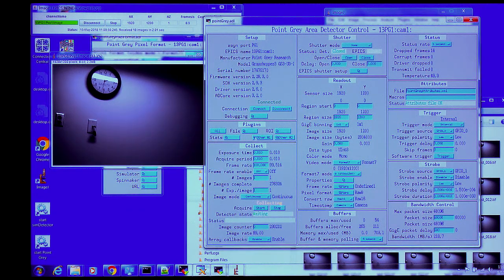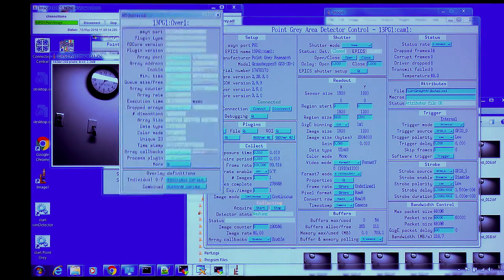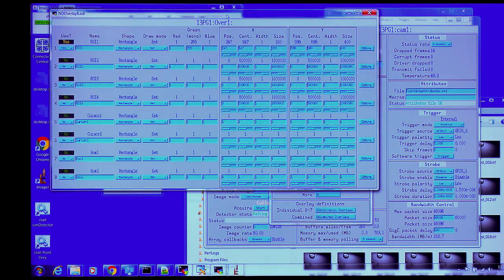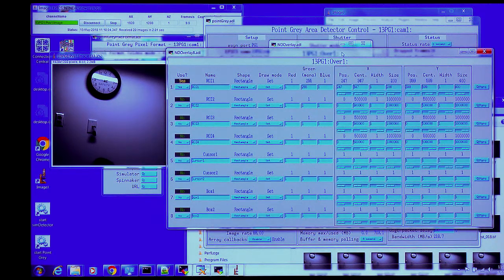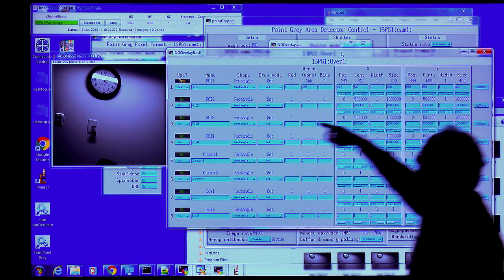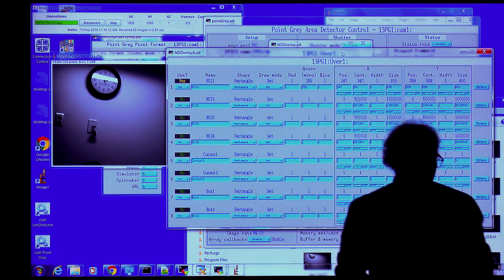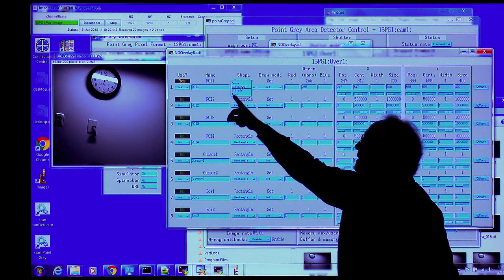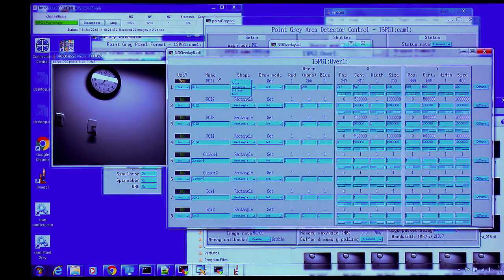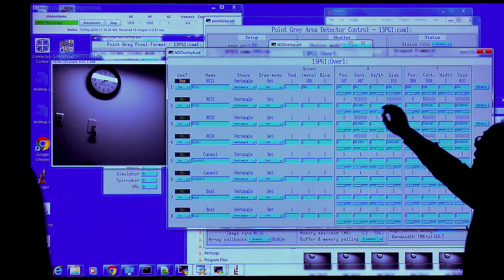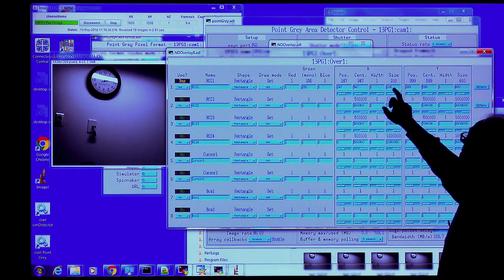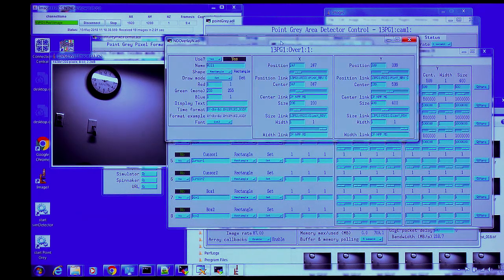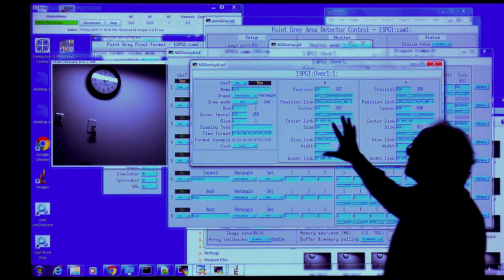And so if we go to the overlay, this is enabled, and this is showing the definition of up to 8 different overlay elements, and each element can be a rectangle, a cross, an ellipse, or text. And for each one, you can say, do you use it? And then you can say, where is it? The X position or center, and width and size. Same thing in Y. And if we go to this first one,